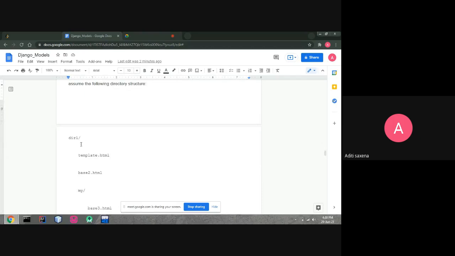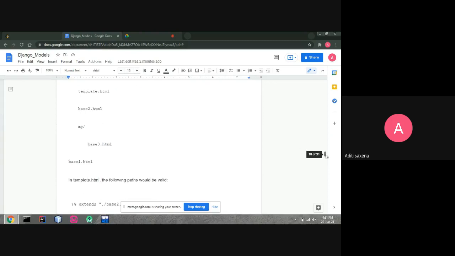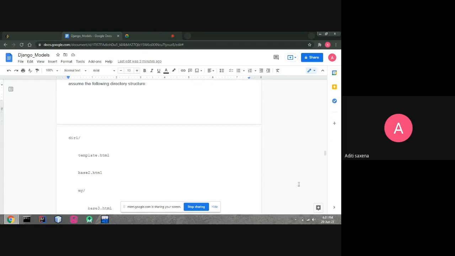Like this is directory one. It has template.html. Inside it has another base2.html and my folder. And inside my folder it has base3.html and base1.html. So in template.html, the following path would be valid.